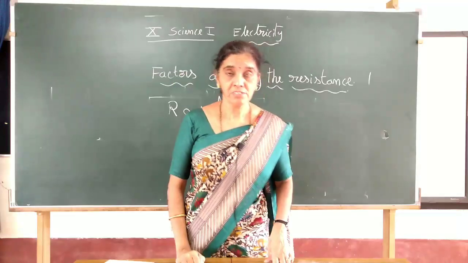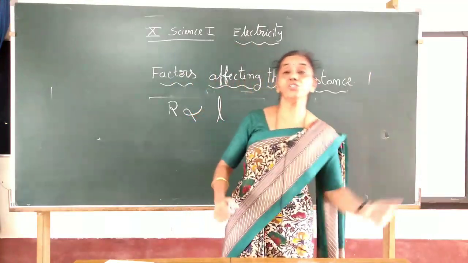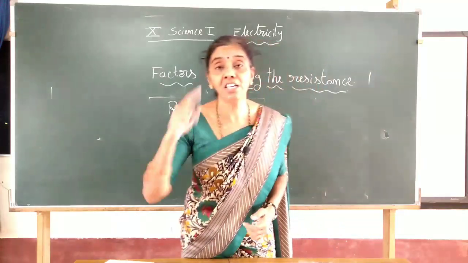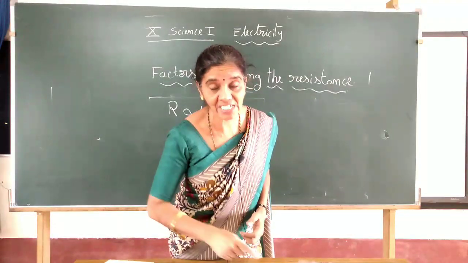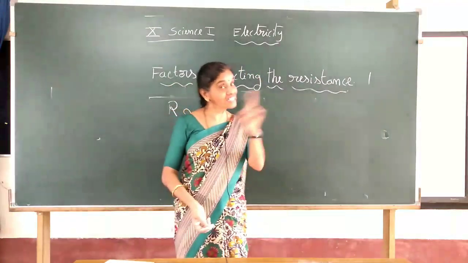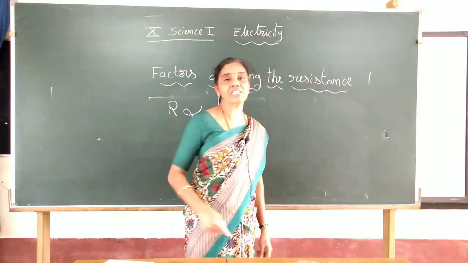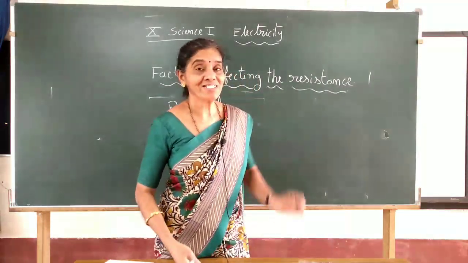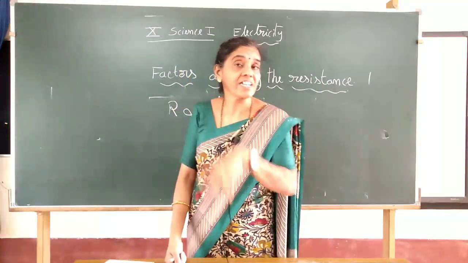That we observed. More the length, current reduced, it means its resistance is obviously more in the second case. When the length is doubled, current reduces to half, right? So its resistance increases, that is why current decreases. Then what we found when we increased the thickness in the second stage.